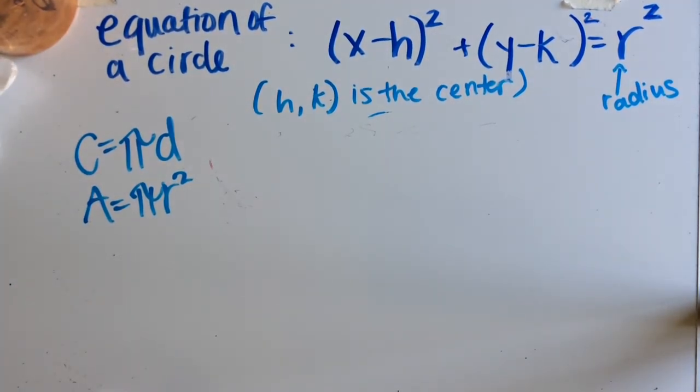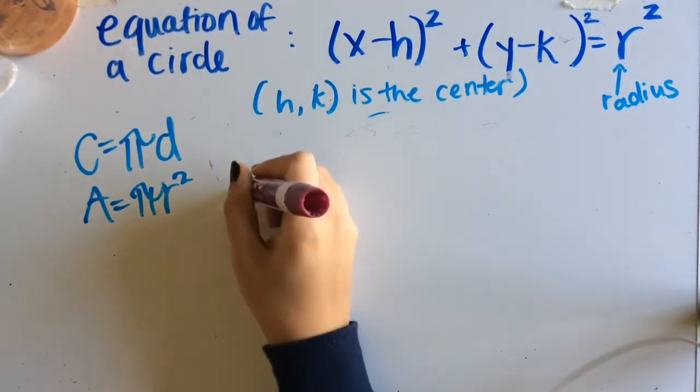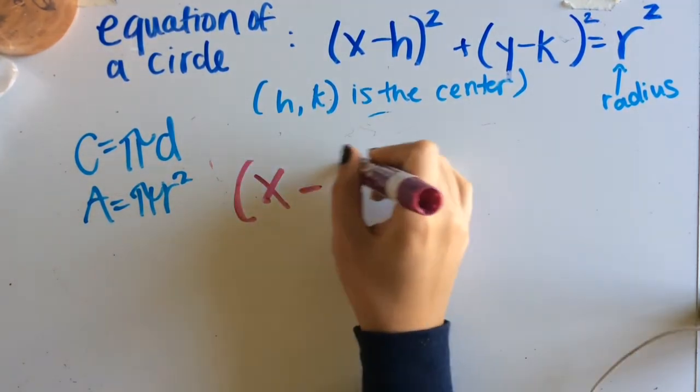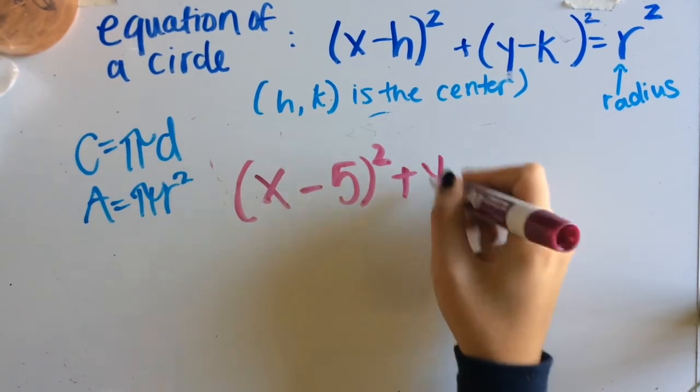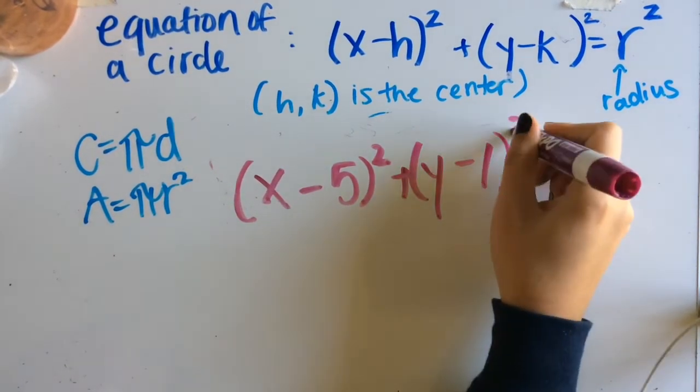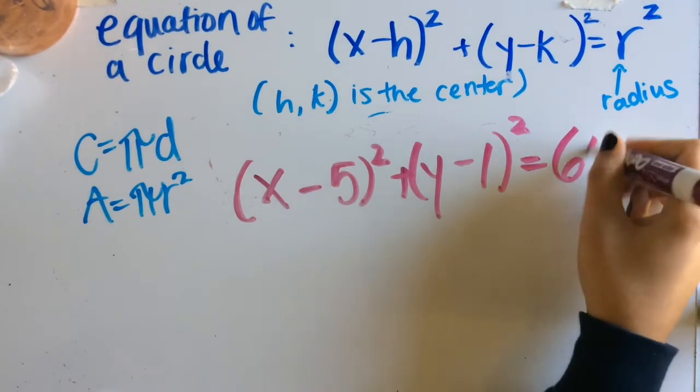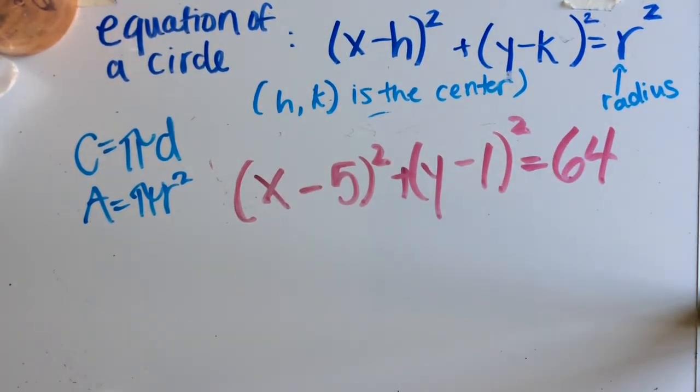Let's do one more example of you being given the equation of the circle and then having to just identify the center and radius. So let's say my equation is x minus 5 squared plus y minus 1 squared is equal to 64. Okay, so